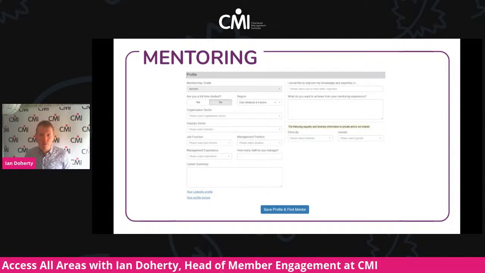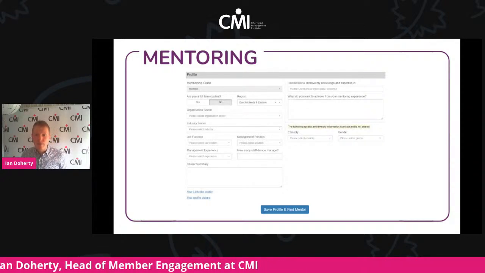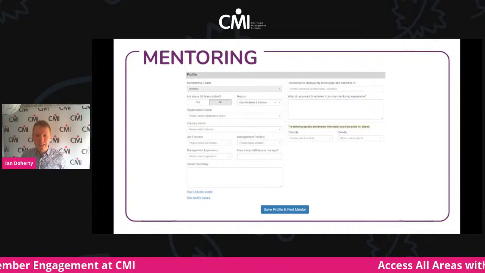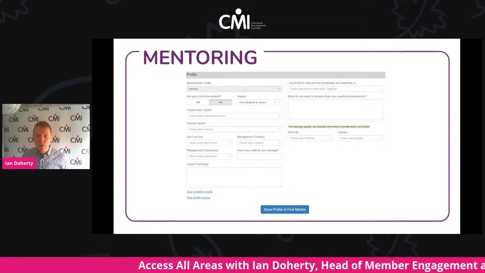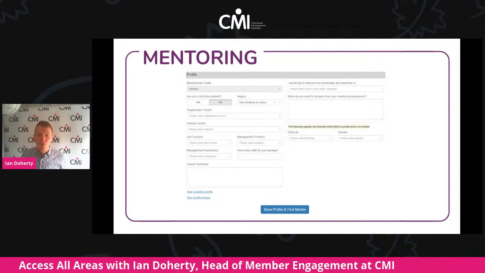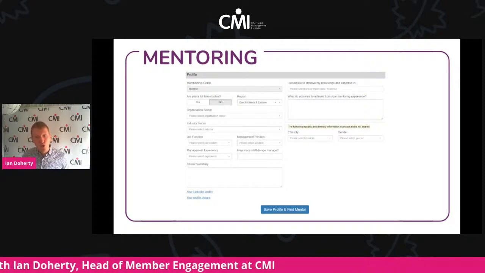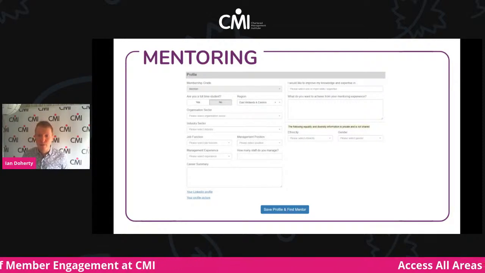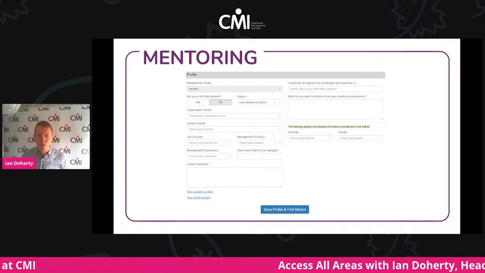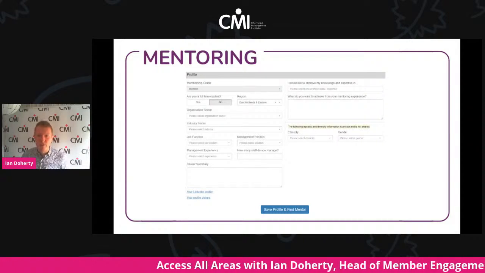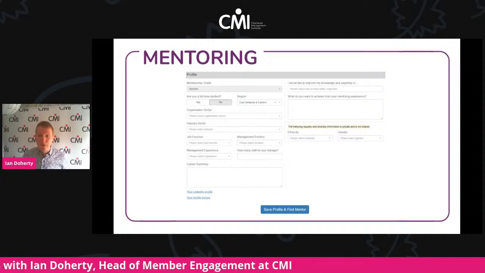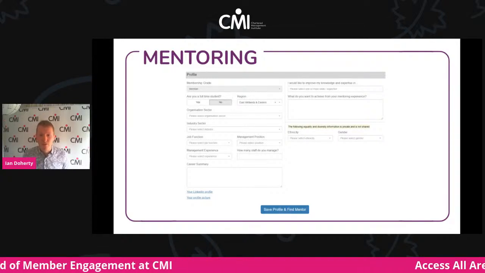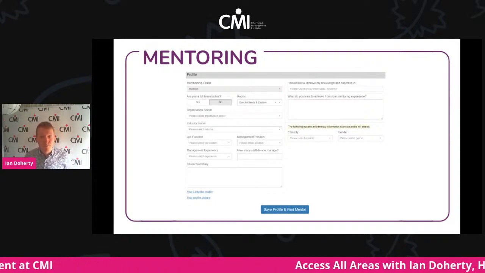And a top tip for anybody using the mentoring platform: you also have the ability to add a profile picture. What we find is that people who have uploaded profile pictures get much higher levels of engagement than those who don't. So if you are going to use the platform, the top tip is to make sure you upload a picture. It just makes it that little bit more personable. Exactly the same as if you're on Facebook, LinkedIn, Instagram, or any of the social media platforms, those people who have pictures experience higher levels of engagement.